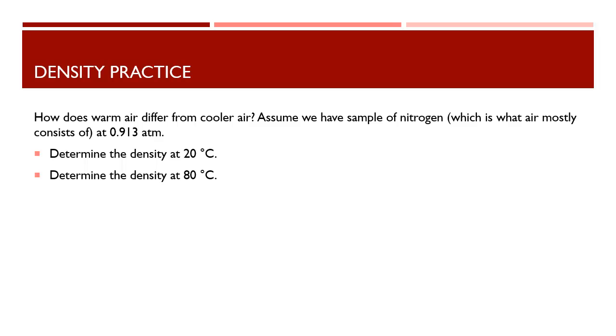So let's try a question here. How does warm air differ from cooler air? So we're going to assume we have a sample of nitrogen, which is what air is mostly made of. And this nitrogen is at 0.913 atmospheres. We are going to figure out its density. Now the problem is this question is missing some information. nRT over P is what we need to fill in, but we don't know the mass